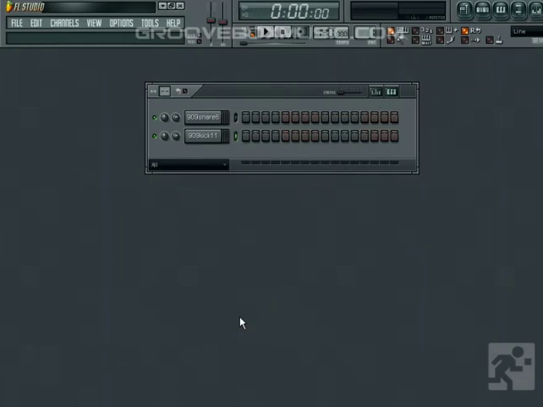the transport panel. The buttons that we have here are your standard play, stop, and record buttons. The play button will play your project from the current position, either in pattern or song mode, and the stop button will end playback and send the playback position to start. You can also double-click the stop button at any time to immediately end playback, even if a sample ends beyond